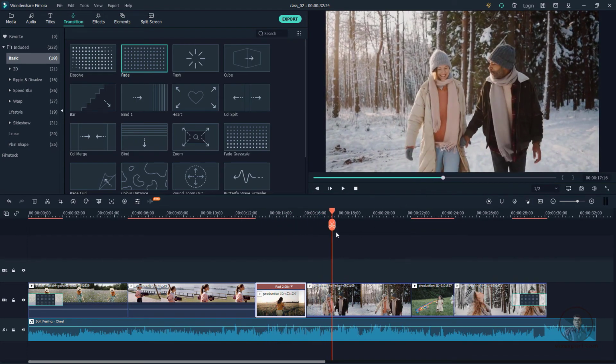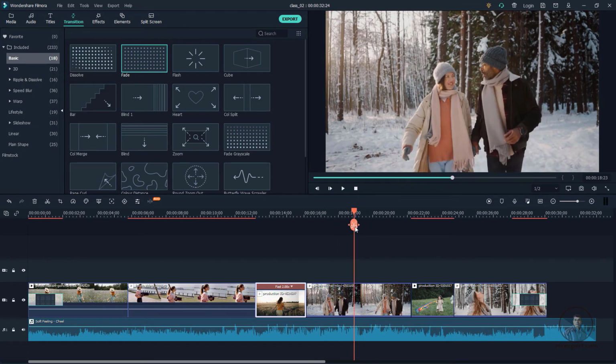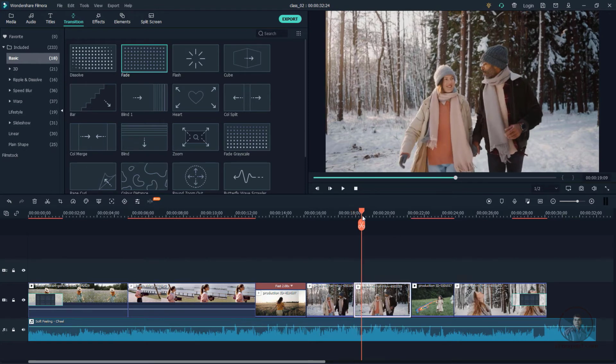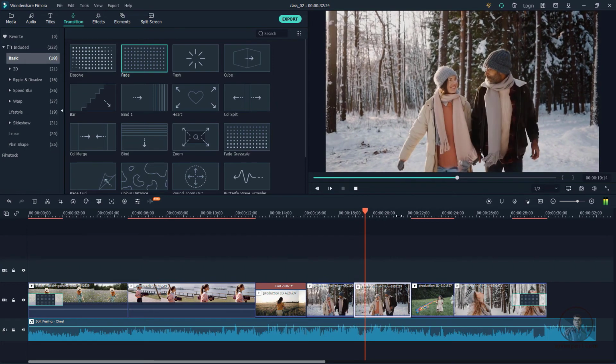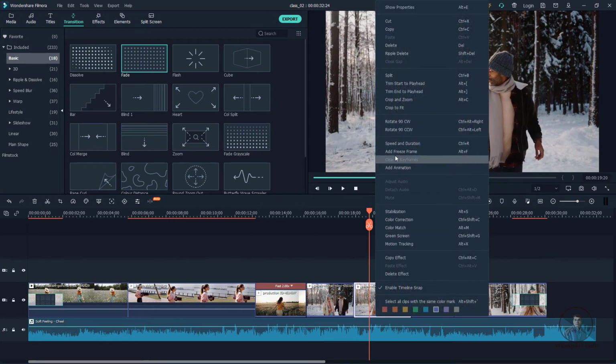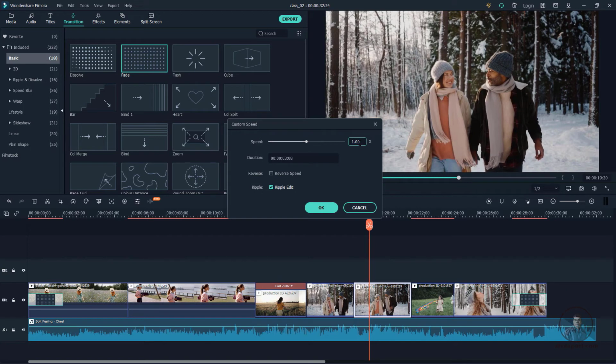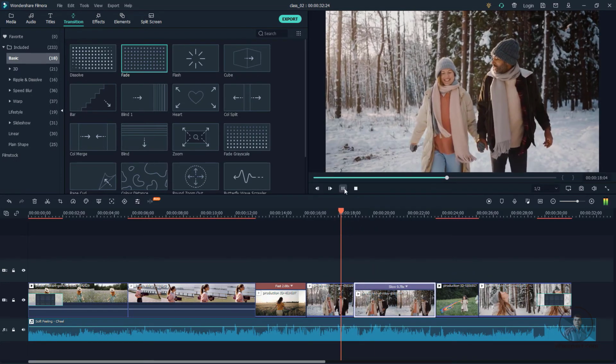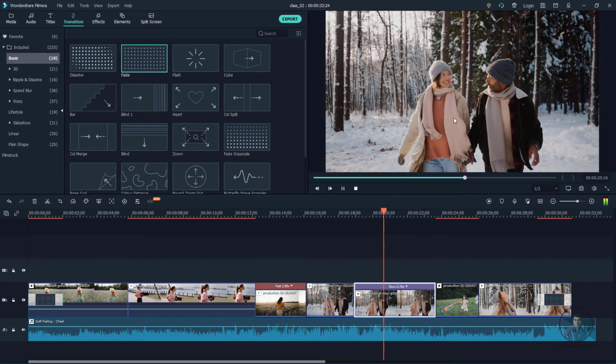So like this, suppose even if you want to split your media into 2 parts, then just place CTI here, just simply click on X, or you can also click on this scissor icon and just simply click here. So now here this video is split into 2 parts. So this part, I want to make it a little bit slower here. Then again right click, speed and durations, then maybe 0.5 here or 0.7 maybe. Then again press OK here. This is important, remember. So it will automatically adjust the gap here. So now you can see here.